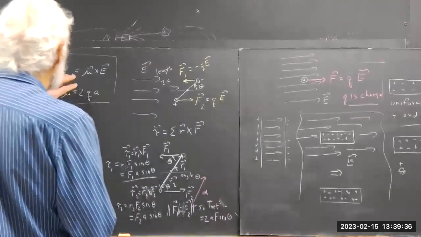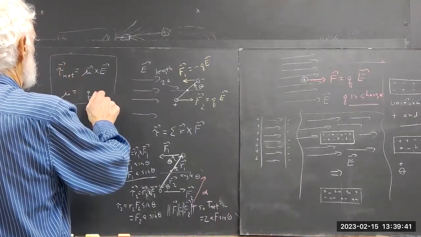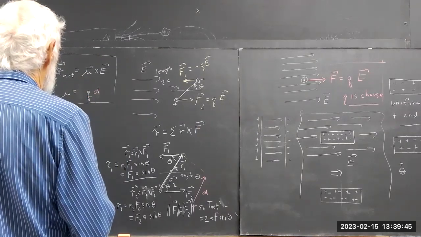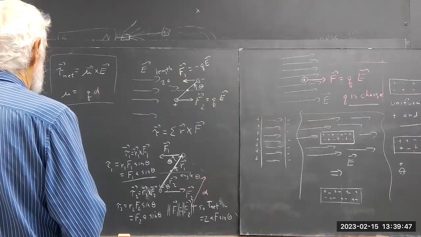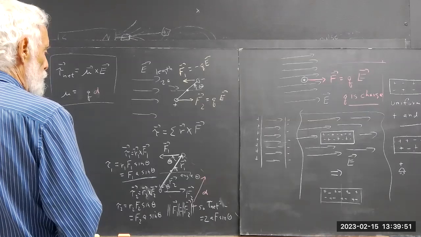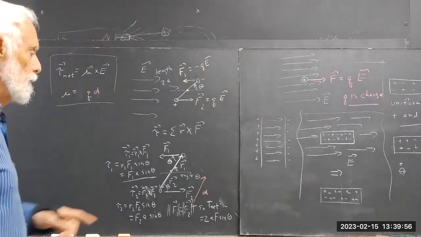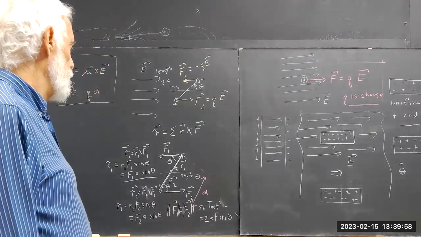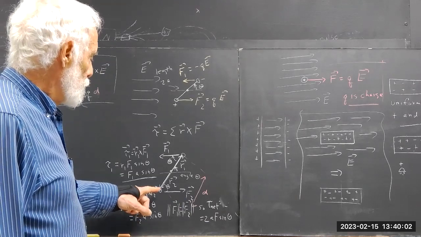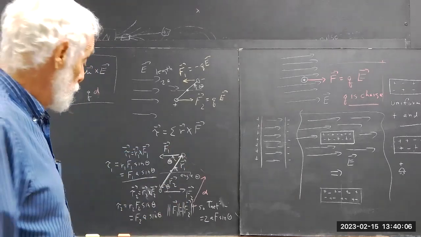There's D. Now, D, you multiply D by the unit vector of the direction from the negative toward the positive charge. Okay, so